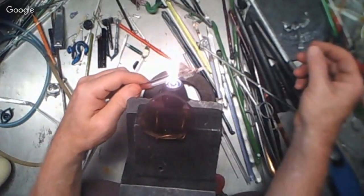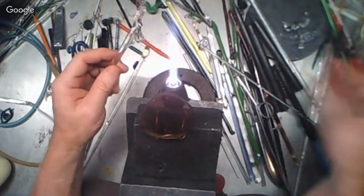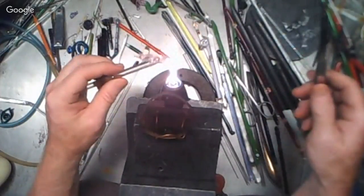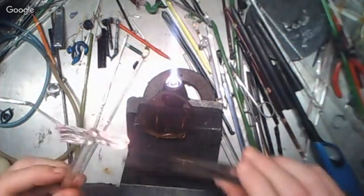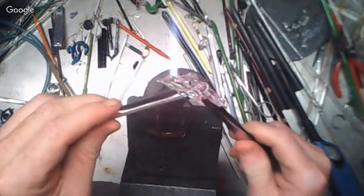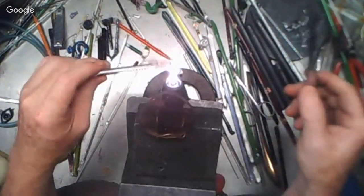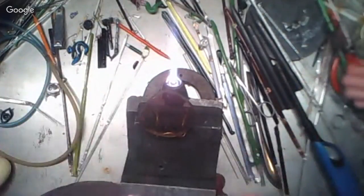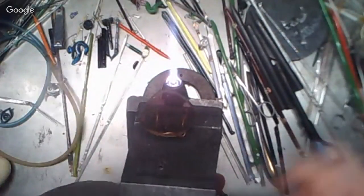And sometimes it's good to push your envelope, not with what you can do, but what you want to do. And play with it and play with it. And it might be a little frustrating at times, but that's where you learn what you can do with the glass. And you also get to the point where you may not be